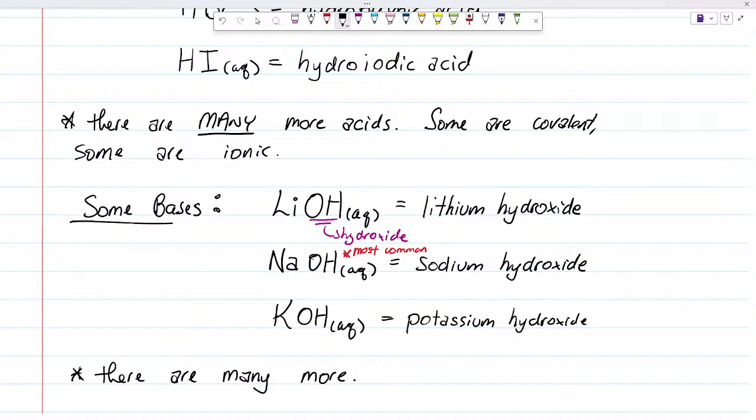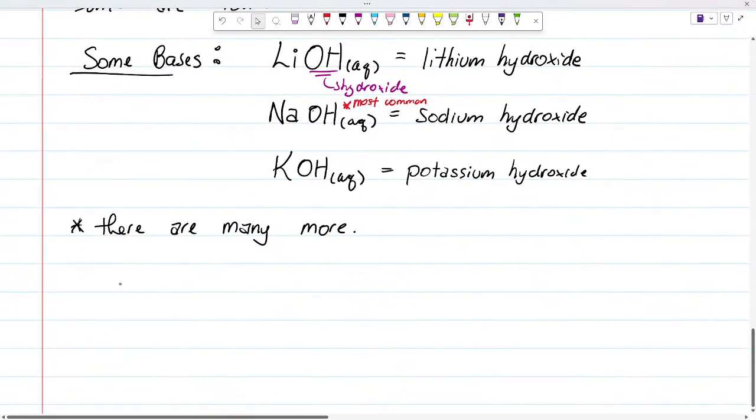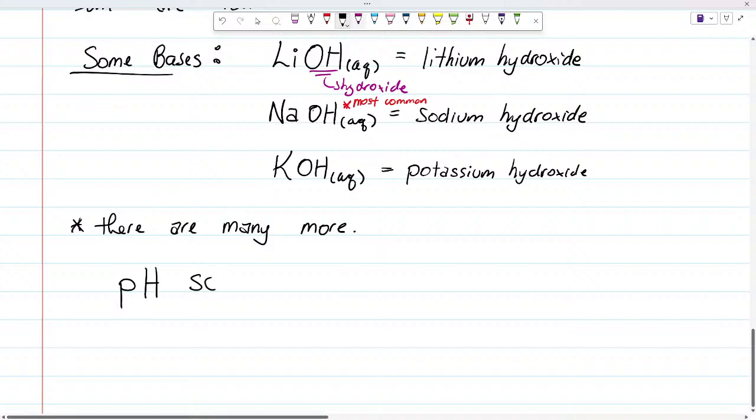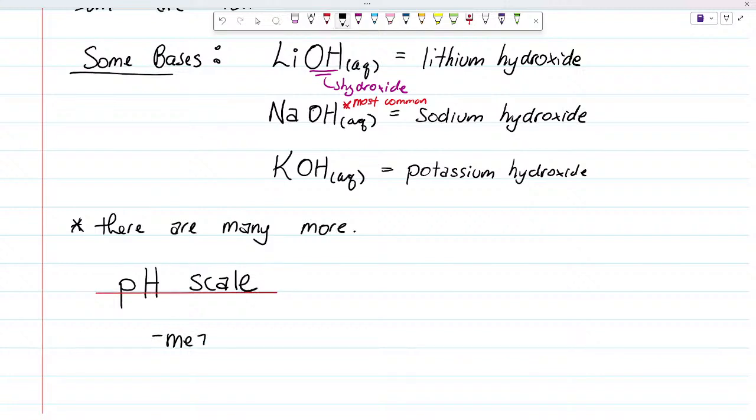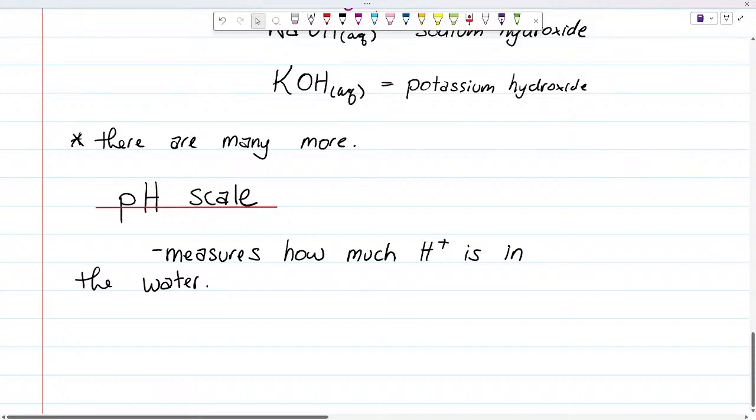So now we can look at that pH scale, that power of hydrogen scale. Because the pH scale, which we talked about briefly yesterday, is a bit of a weird thing. It measures how much H plus is in the water. But here's where it's weird. It is, and you don't need to know what this term means, a negative